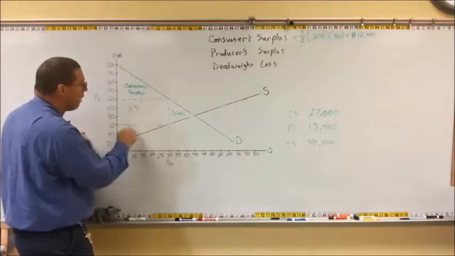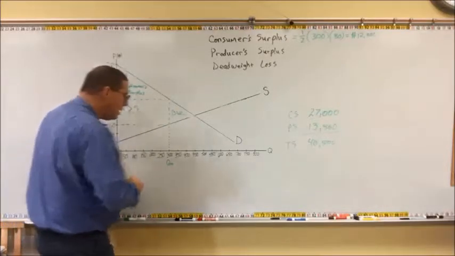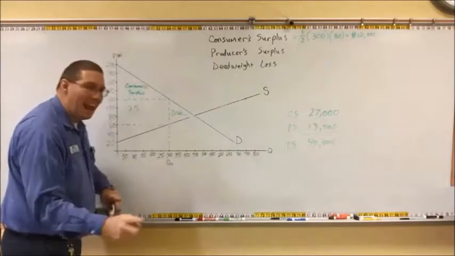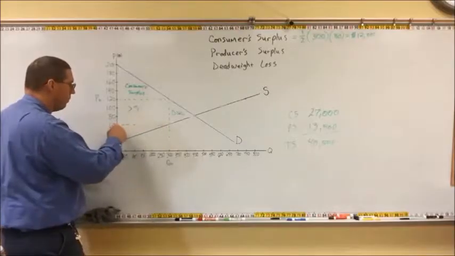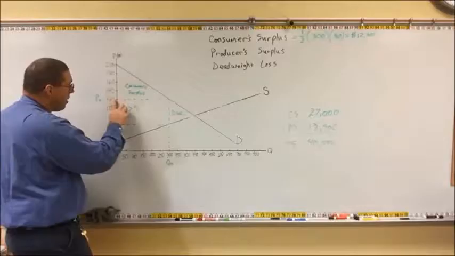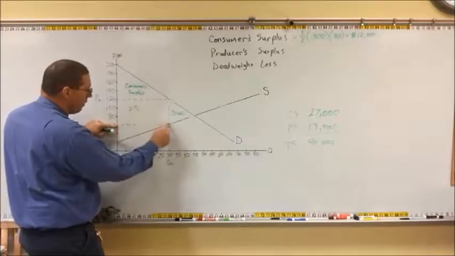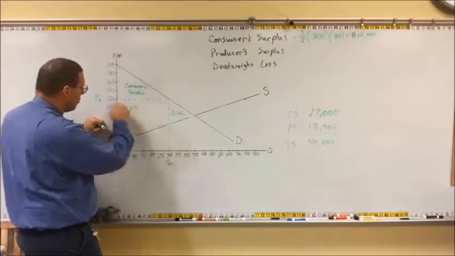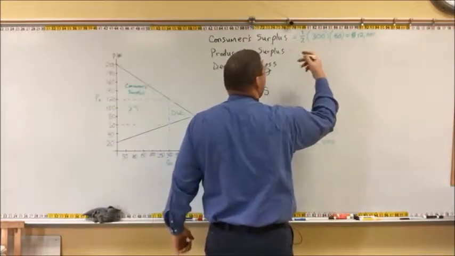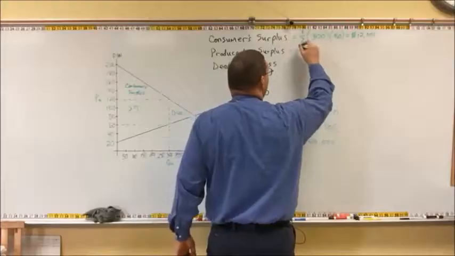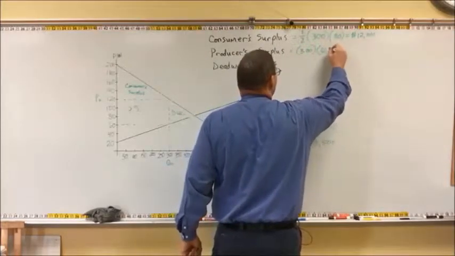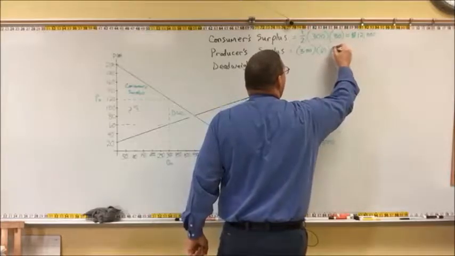So what we have to do to find producer surplus is calculate the area of the rectangle and this little triangle here. The rectangle goes from 60 up to 120. That's 60 by, from here over to here, is 300. So it's a 60 by 300 rectangle. So producer surplus is going to be, the rectangle is base times height. So that's 300 times 60